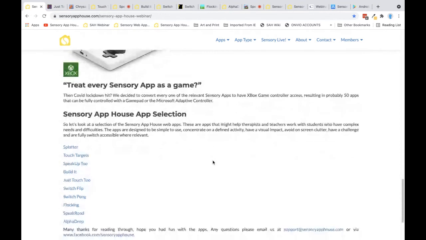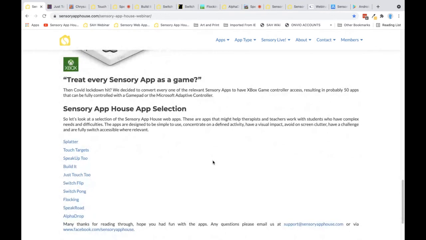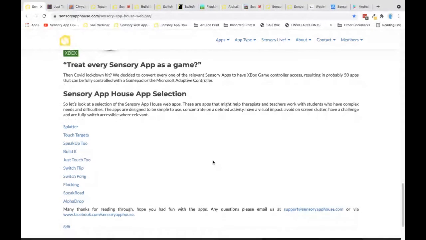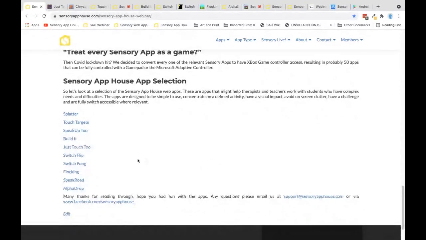So we've got quite an unusual situation, I think, where we've got over 70 apps now with support for this Microsoft input method. And we also found, although we haven't rolled many out yet, that we could put the apps onto the Xbox itself and load them as if they were a game. So we'll get around to doing more of that. But if we just look at a few more of the games and why it might be relevant, we created a series of